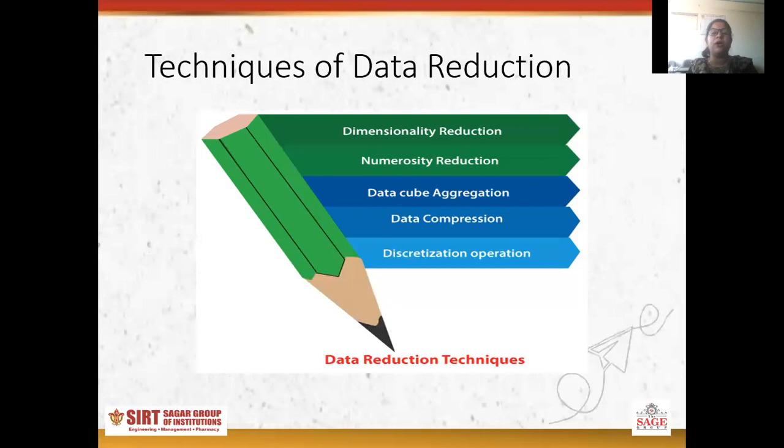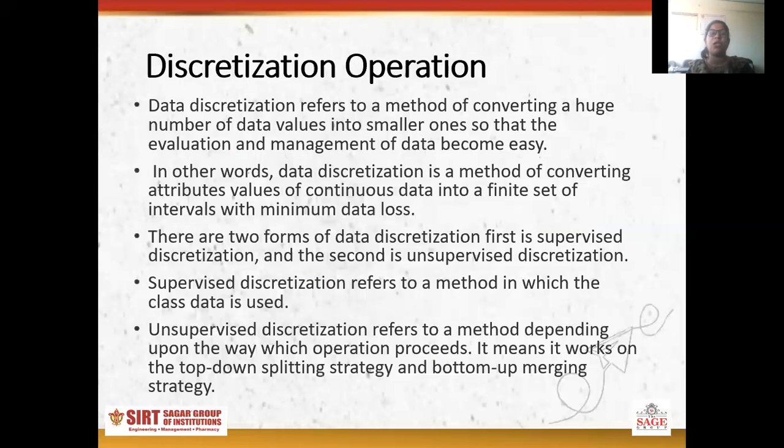So here are some of the techniques of data reduction that we will be studying one by one in a detailed manner. The first one is dimensionality reduction, numerosity reduction, data cube aggregation, data compression, discretization operation. So starting with the discretization operation,